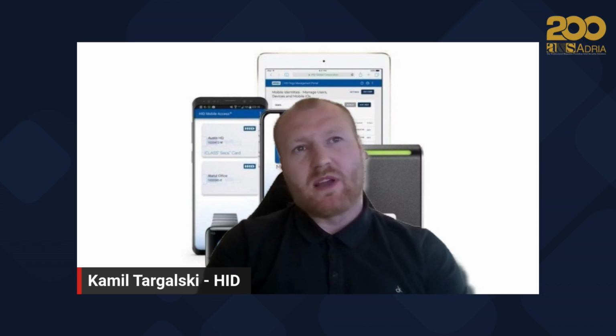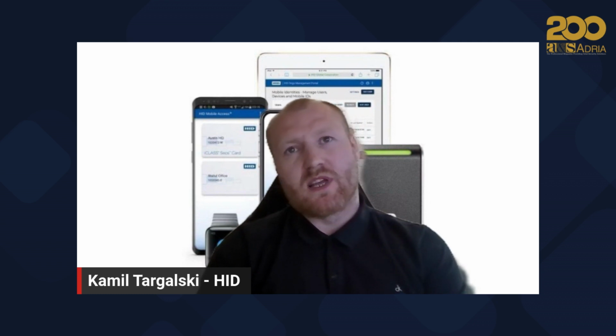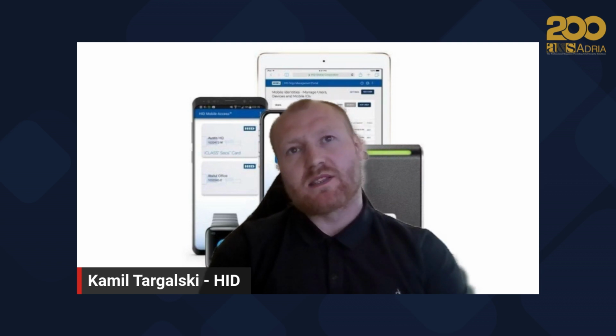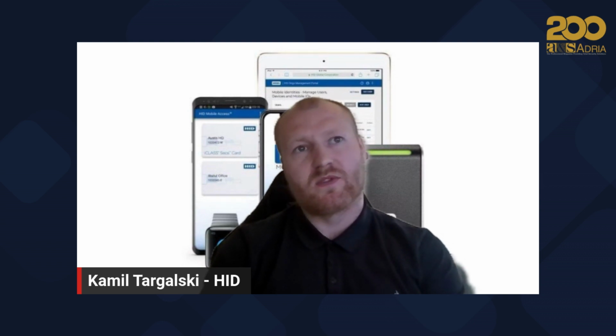Okay, so I was pointing out three things, which in my opinion are the most important ones. First of all, it's convenience and user experience. We are able to finally eliminate the need for physical keys. We may like it or not, but it's a fact that most services have already moved to digital forms. And unfortunately, standard physical cards and keys are the last stronghold of this process, mainly because of the complexity and the large number of vendors operating on the global market when it comes to access control specifically.